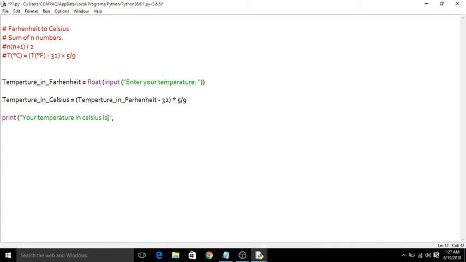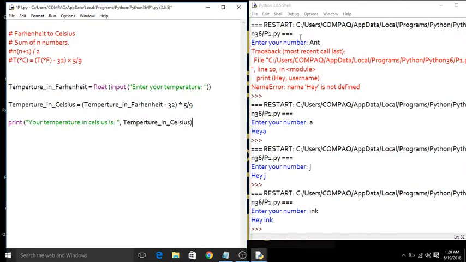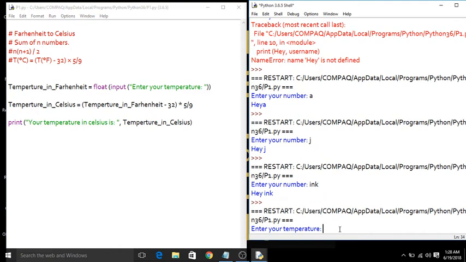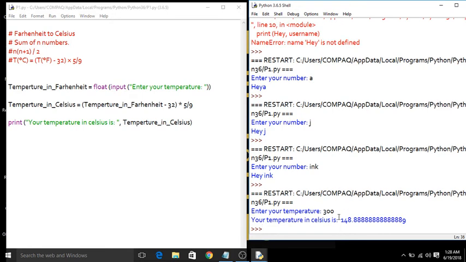okay, you just provide a gap as well, and you're just going to paste the value of the Celsius variable in here, right? So I think it will do the justice. Let's see, guys, what it is going to print. Save your program, enter your temperature. So we are going to enter our temperature in Fahrenheit, right? It will be like 300, and you're going to get your temperature in Celsius as,